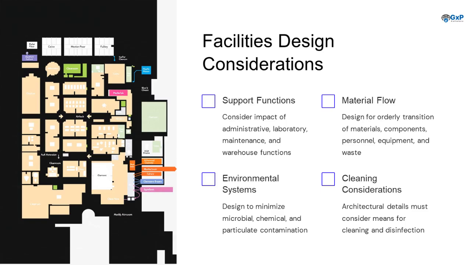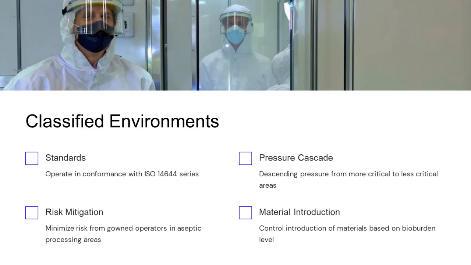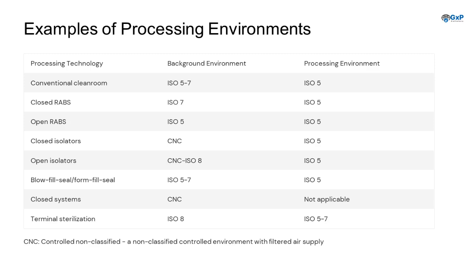Facilities design considerations include support functions, material flow, environmental systems, and cleaning considerations. These factors ensure the orderly transition of materials, components, personnel, and waste, while minimizing microbial, chemical, and particulate contamination. Classified environments operate in conformance with ISO 14644 series standards. Risk mitigation involves minimizing contamination from gowned operators, and pressure cascades control the flow of materials based on bioburden levels. Processing environments vary based on